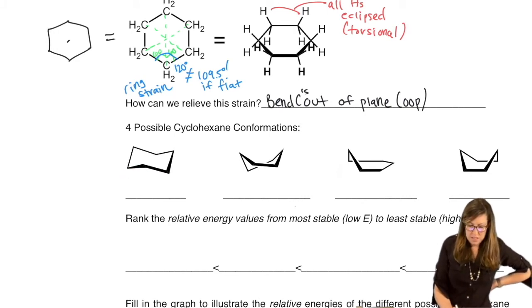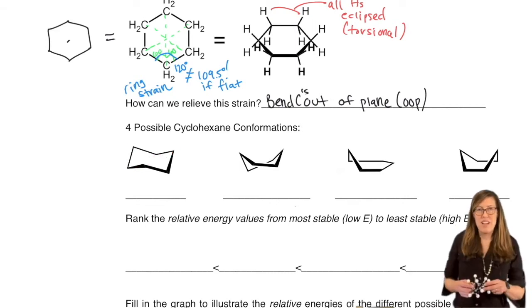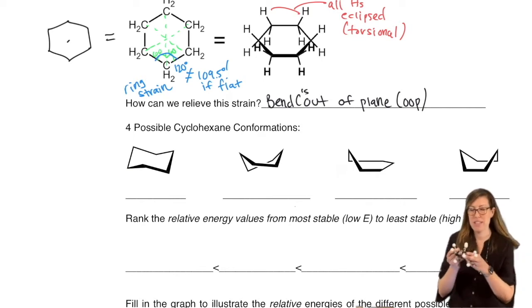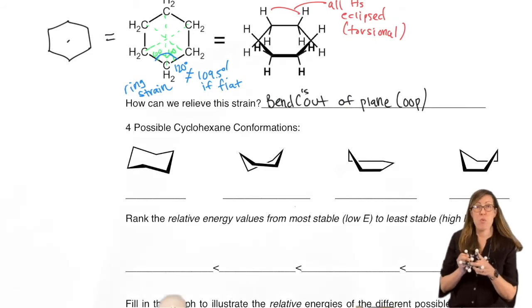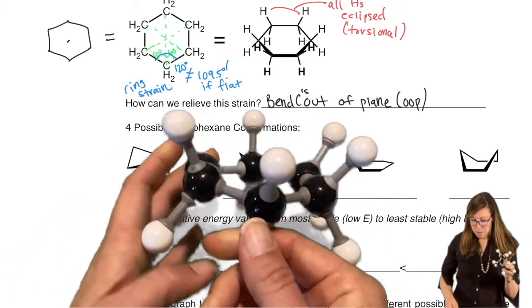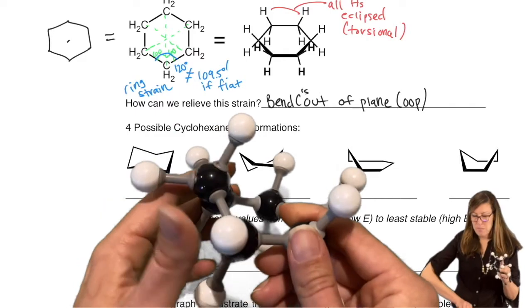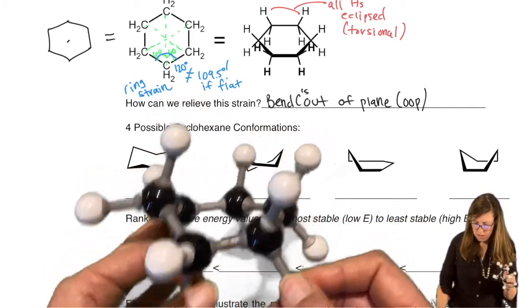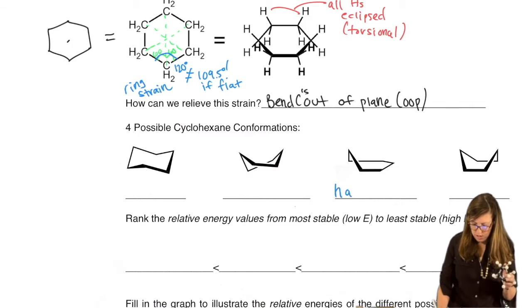So notice it's a zigzag. It goes carbon down, up, down, up, down, up, back to down. Okay, so look at your model again and look at all of the ways that you can bend the carbons in and out of the plane. So you might just bend one carbon out of plane and let the rest be planar. Can you see which one that would match here? So we would get to this guy over here. This is actually called the half chair.